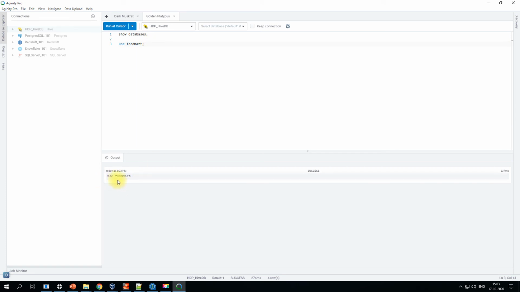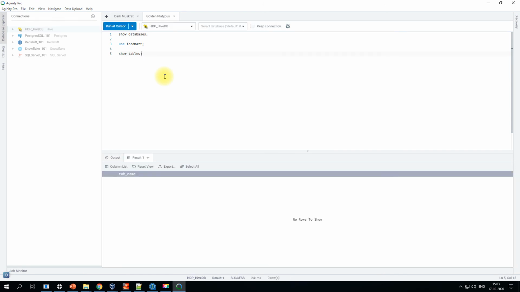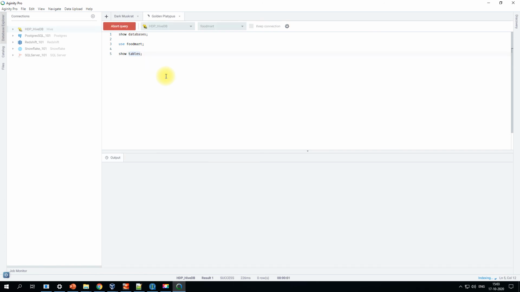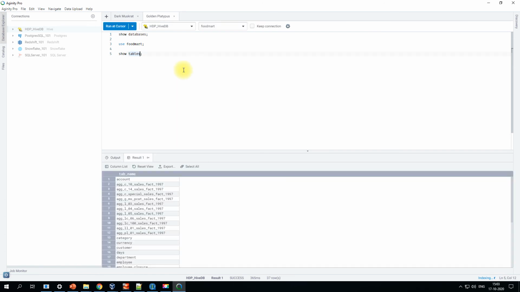Now we have already used the FoodMart. Let's see what are the tables we have. Under that, you can actually choose it from FoodMart and then click on Hive Show Tables.